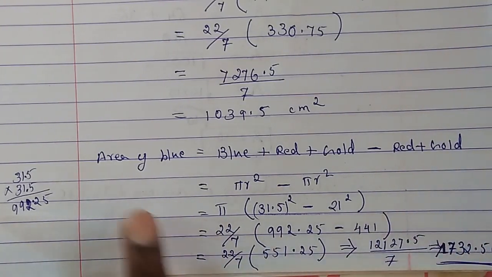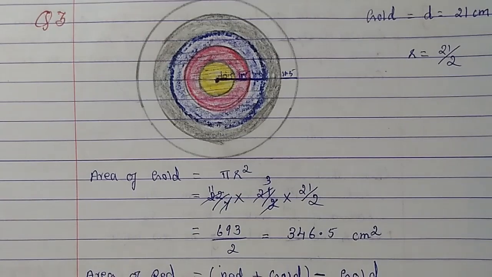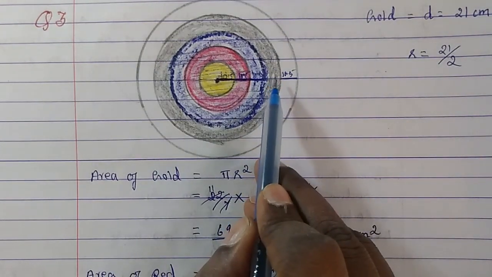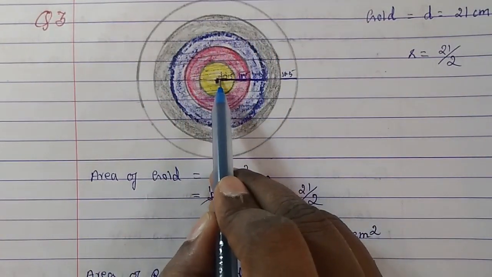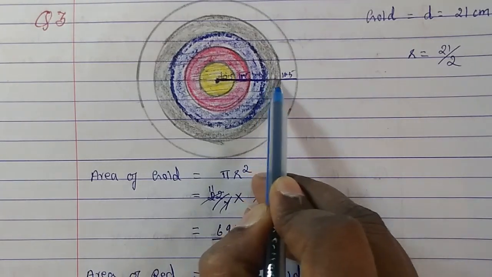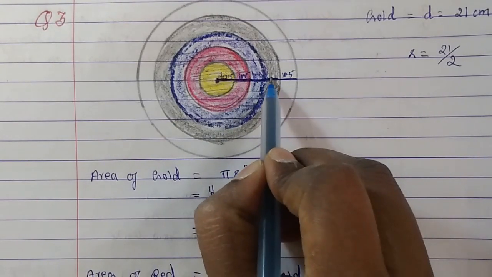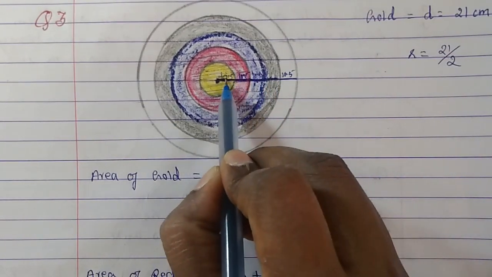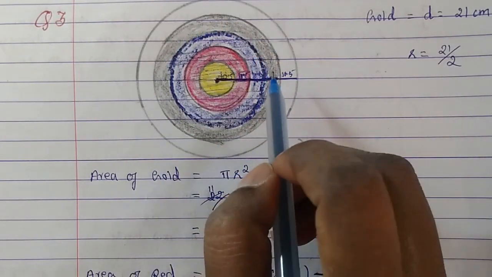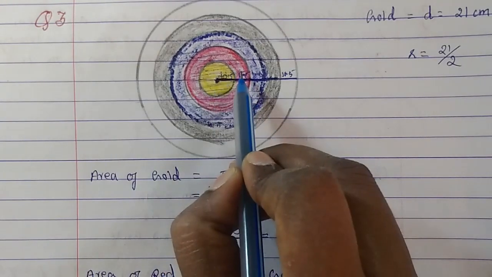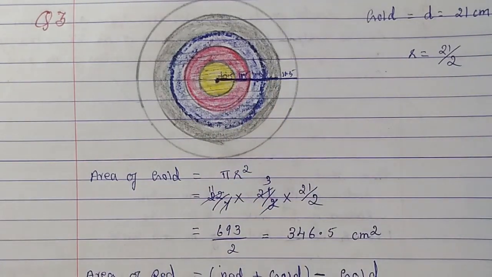So this is for area of blue band. Now we have to find out area of black band. For that also we will take the whole thing. In that, what are the things that come? Gold, red, blue, black. So we will take the whole thing and our value will be up to here, radius. Okay. So 10.5, 10.5, 10.5, 10.5. So together we will take the radius and find the area of this circle. From there we will minus gold, red and blue up to here. This we will minus. So when we minus, we'll get the area of black band.